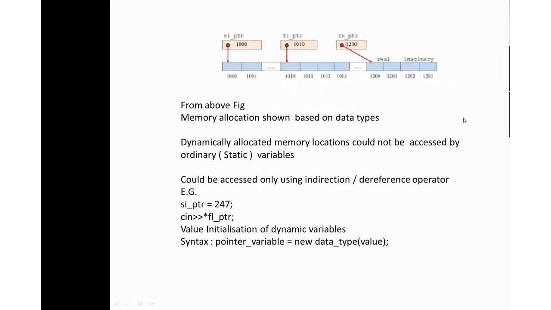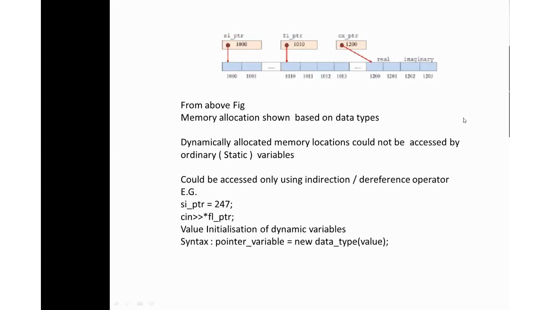See, listen. Whenever you declare the pointer variables, a certain amount of memory is being allocated. After that, we are going for dynamic memory allocation. So accordingly, based on the requirement, as and when the program executes only, your memory is allocated.